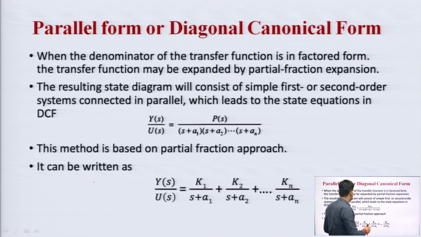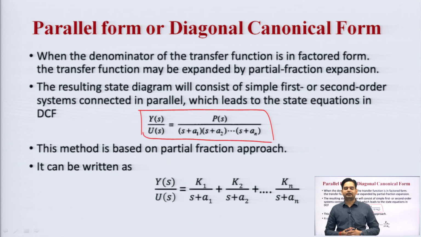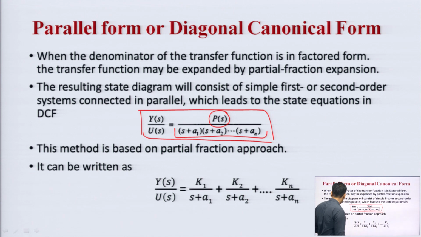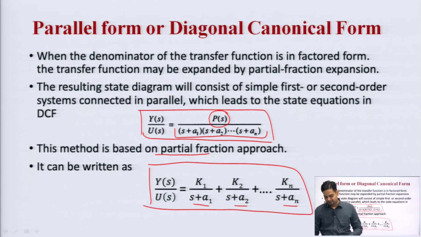So, here we need to consider this expression. This is my generalized transfer function. I need to represent it in factored form, so that we will get poles and zeros. I am assuming that my numerator part is p of s and the denominator part is this much. And I have to use the partial fraction method to separate these coefficients. With the help of partial fraction I will separate the poles, that is s plus a1, s plus a2, s plus an, right. In this way I will obtain my transfer function in terms of this partial fraction.